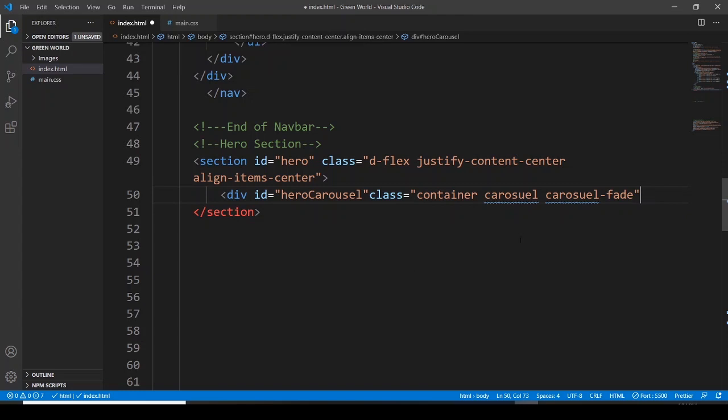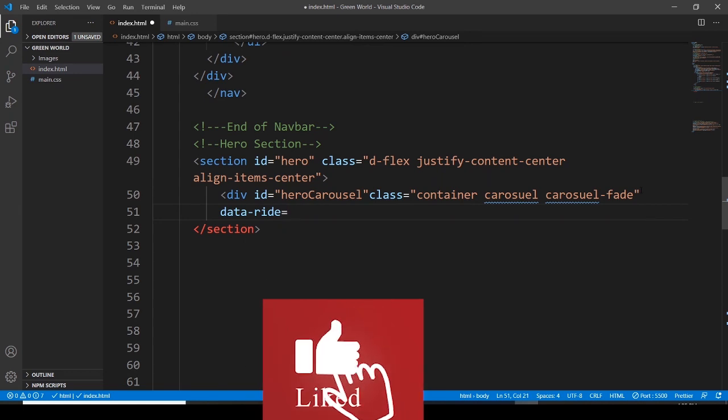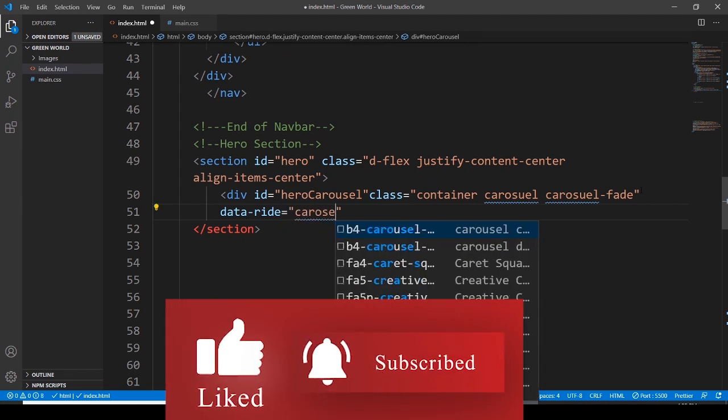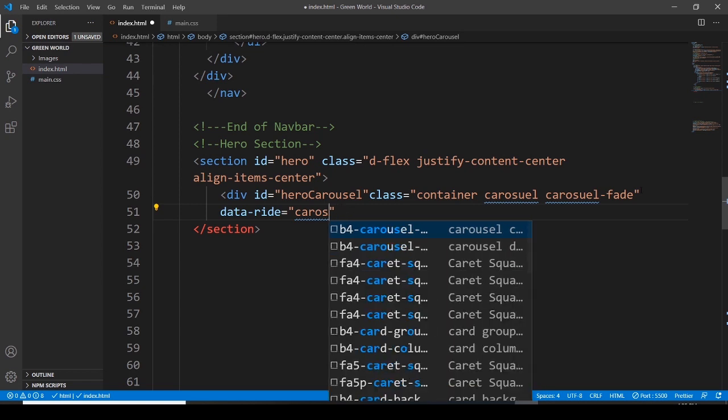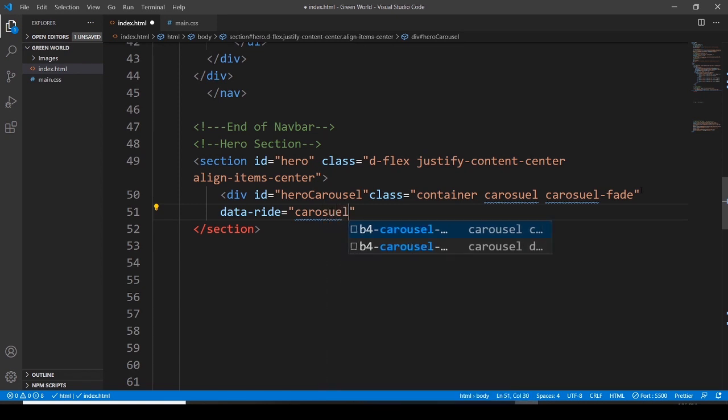So I don't know why I'm having an unknown word. My spelling is correct, I think. Let's see, because I don't think that I made a spelling mistake, but let's see. And data right is also going to be carousel. Okay,